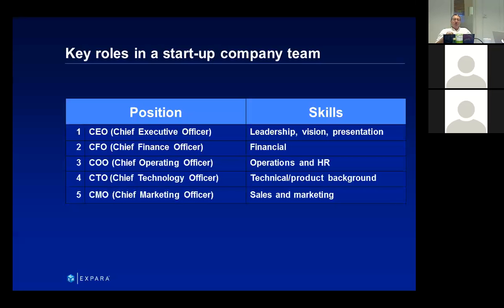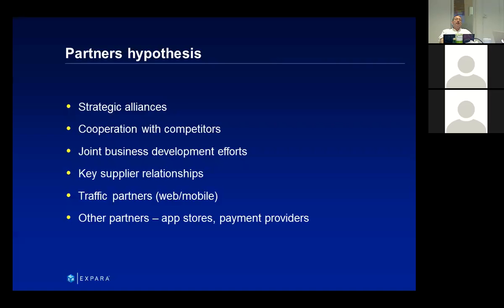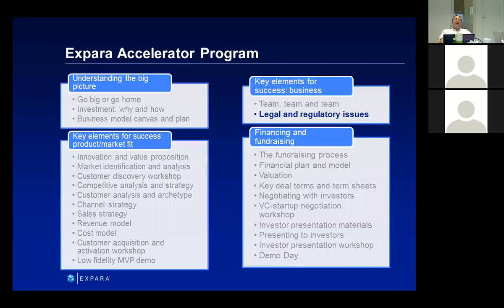Then the third person we would like to see is what I would call a CMO, or somebody who is in charge of sales and marketing. If nobody's doing that, then the CEO is doing that at the beginning, but it helps a lot if we can have somebody who can really get up and sell. Okay, so now that's about the team.